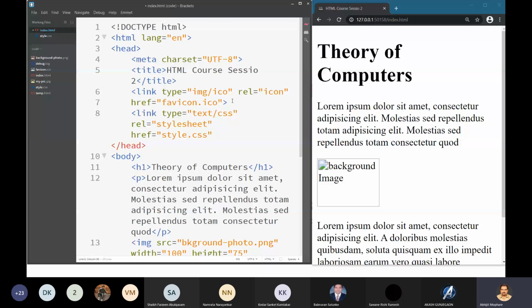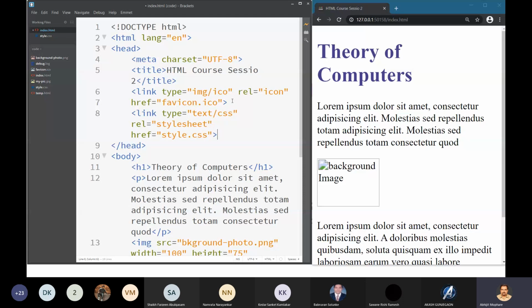So now my browser knows, since I have specified in the head tag, I am giving you the link, which is of type text/css. That means it is a text file and it contains the CSS code. What is the relation of this file with this HTML? It is a style sheet for this HTML.